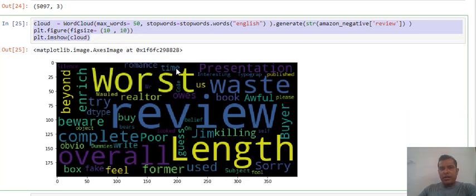All these words are used by people when giving negative feedback. So we get an idea of what kind of words people will use when they give negative feedback and what they would use when they give positive feedback. I can also see words like worst, waste, sorry, poor.